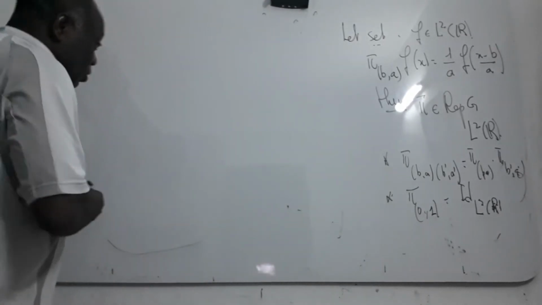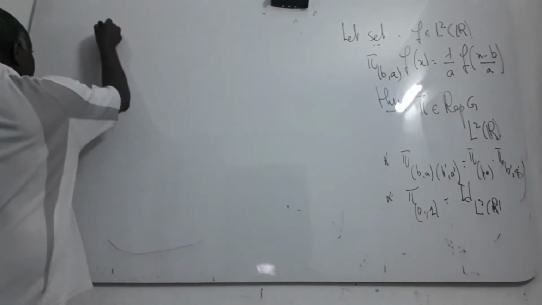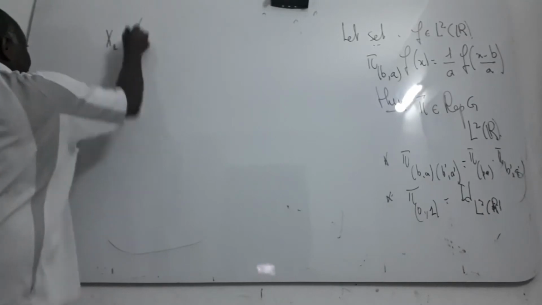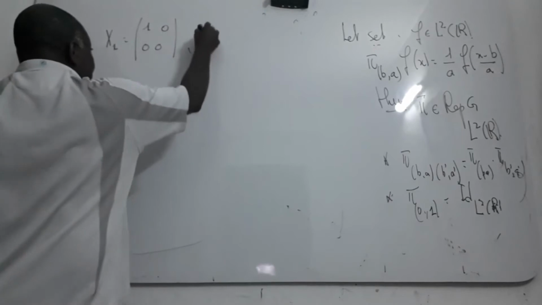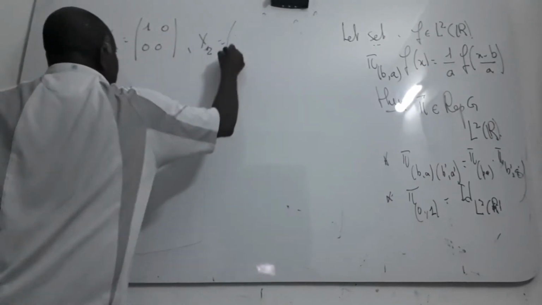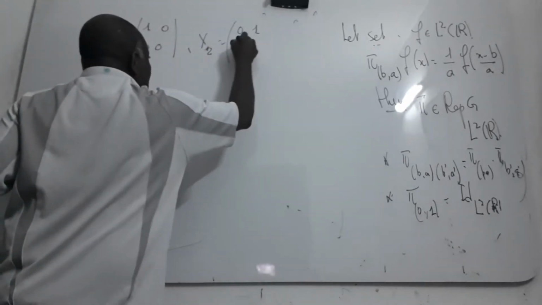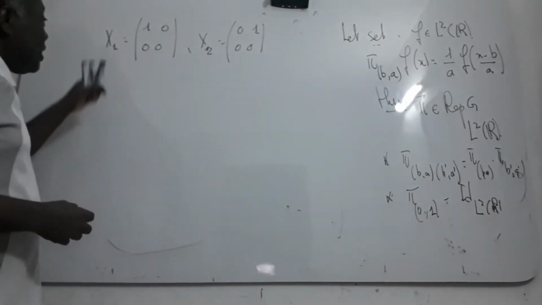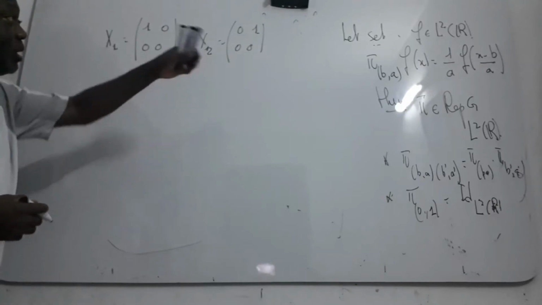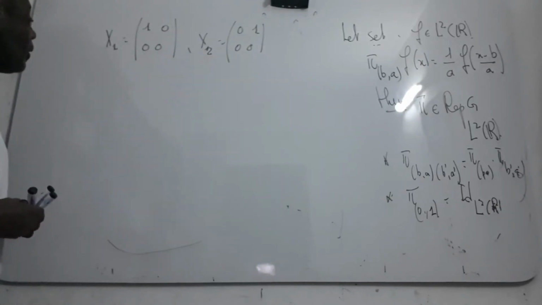So for the representation of the Lie algebra, you see that this algebra is generated by the matrices of this form: 0, 0, 1, and S2, the matrix 0, 1, 0, 0. This S1 is the basis of the linear algebra of this level.